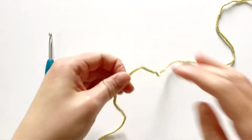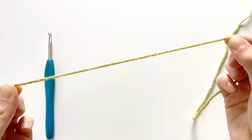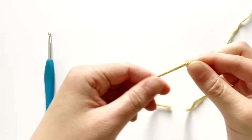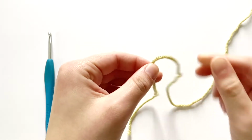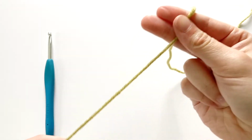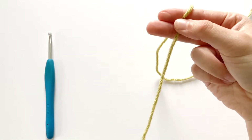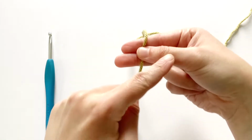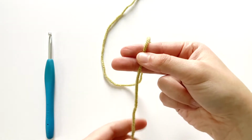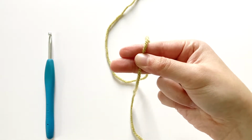So to begin, you're going to want to take your yarn and leave about a 6-inch tail, however long of a tail that you like to have at the beginning of your crochet project. And you're going to take your 2 fingers and lay the yarn on top of your fingers. So the tail is down here, going down this way, and your working yarn is up here. And I like to use my thumb right in the middle just to hold that down,